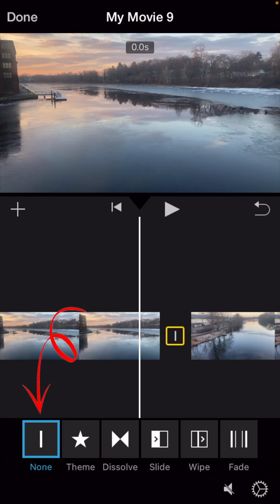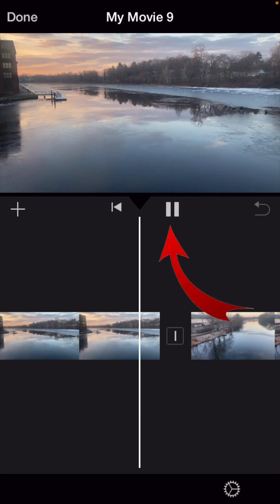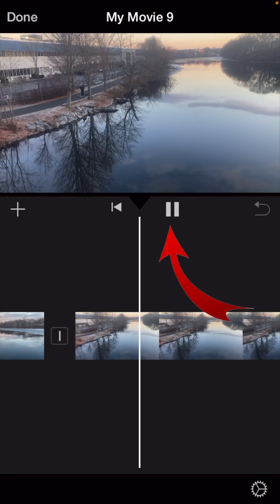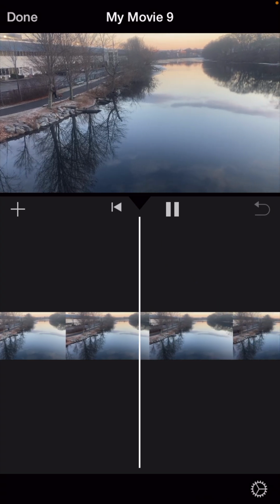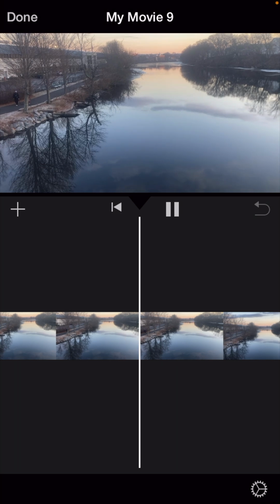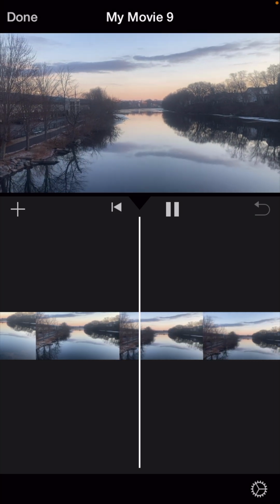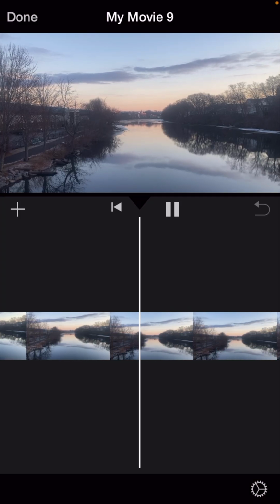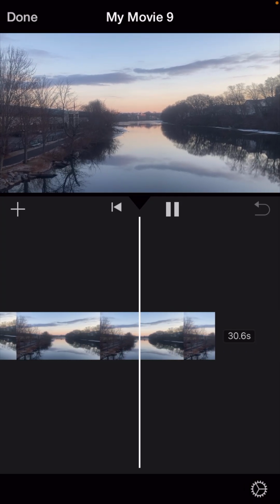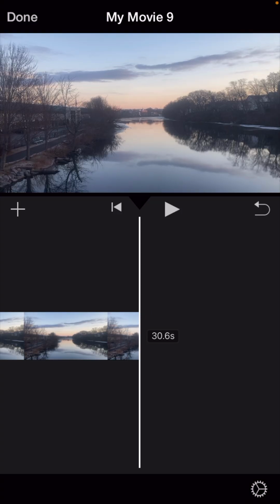Okay, so I've touched none. You can see it's selected at the bottom of the screen. Now we just need to touch play. So touch play. You see how it was no transition? It just went from one to the next. That's not very interesting, is it? You know, that's the reason that if you don't choose a transition, it chooses dissolve because it's a much better